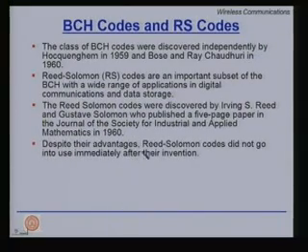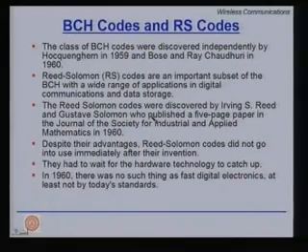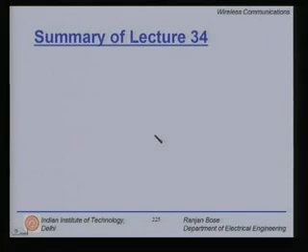Despite their advantages, the Reed-Solomon codes did not go into use immediately after the invention. Why? They had to wait for the hardware technology to catch up. So today, the very popular RS codes which we find in audio CDs, video CDs, even for deep space exploration and a lot of wireless communication devices, could not be put into immediate use because the required technology was not there. In the 60s, there was no such thing as fast digital electronics, not by today's standard.